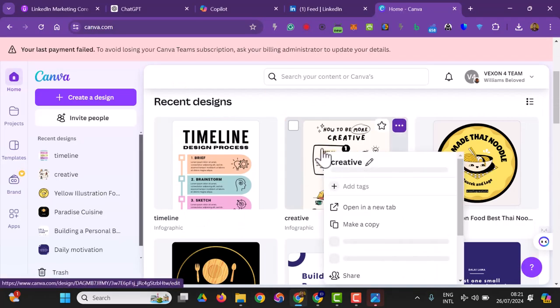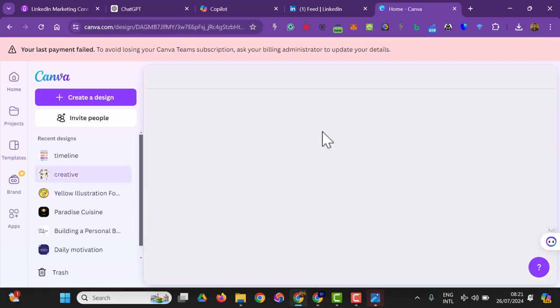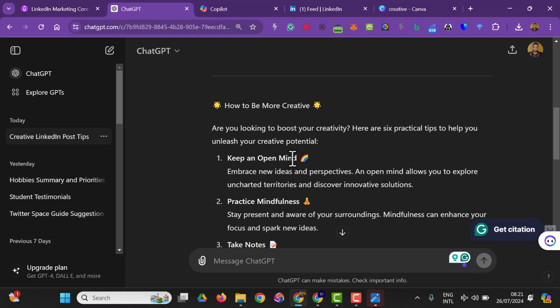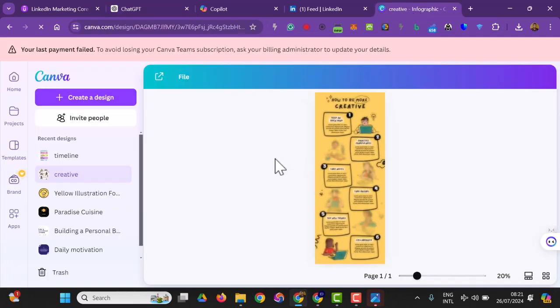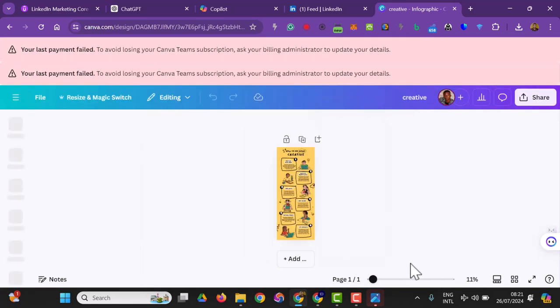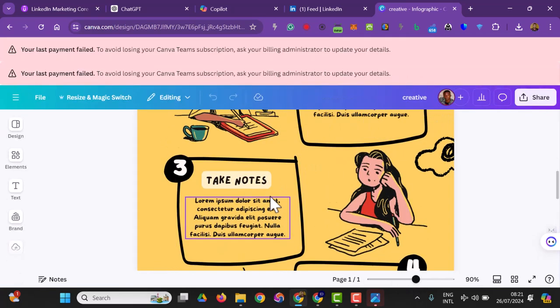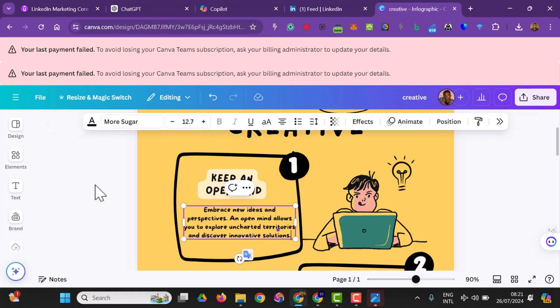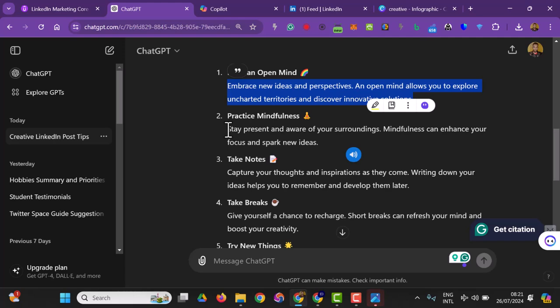I'm going to edit this. I'm going to open this and edit. Since it has given us the content, all I have to do is to input it the right way. And I'm going to just embrace the new ideas, and I'm going to just copy this. I'm going to copy this for the first, and let me increase the size so that I increase the size that way. So the first one, I'm going to just input that, embrace new ideas, and let's input this for the second,